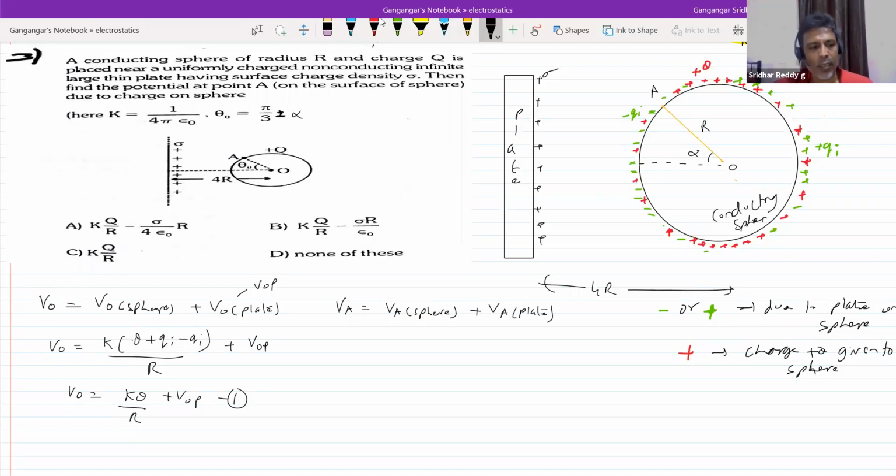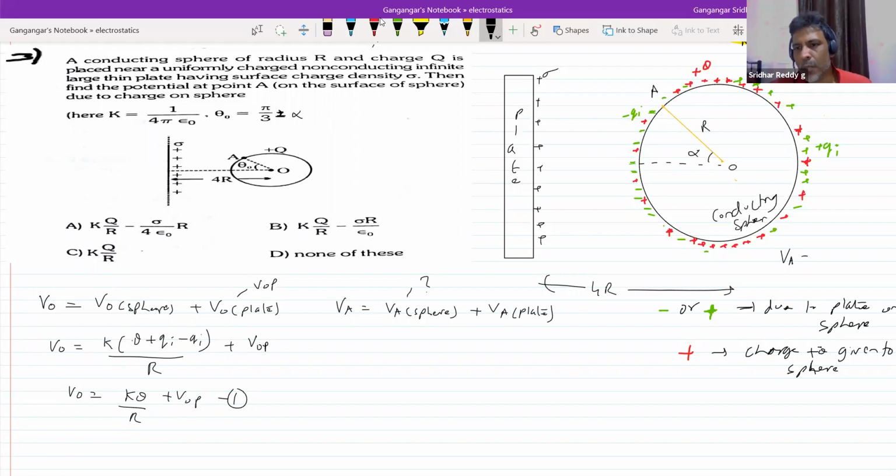Any method for this, getting the potential at point A? Now, what do we have to calculate? We have to calculate this one, the potential at point A due to charge on the sphere. This is an unknown thing which has to be determined. We don't know this. And do we know VA? So, in any one best equation, can you write here?